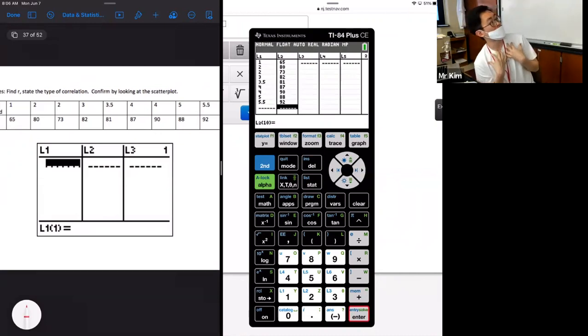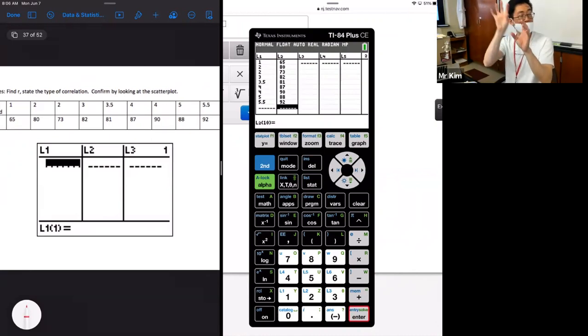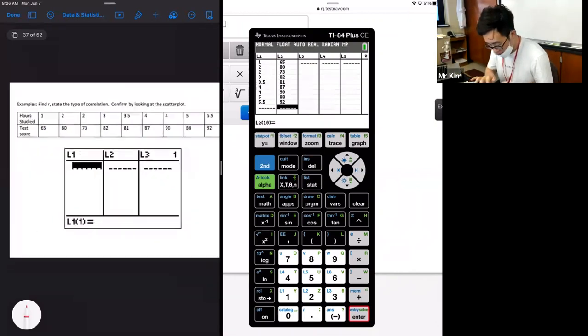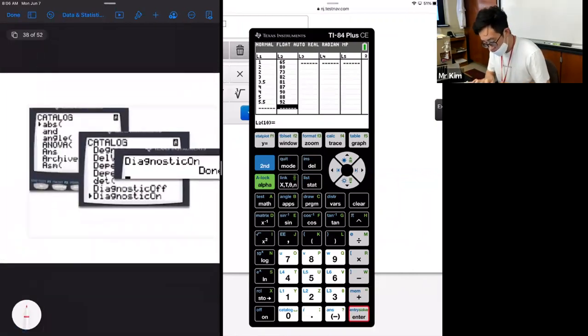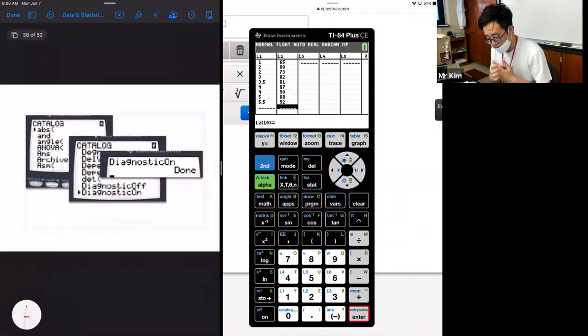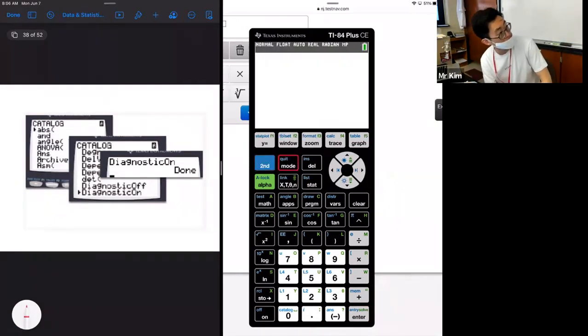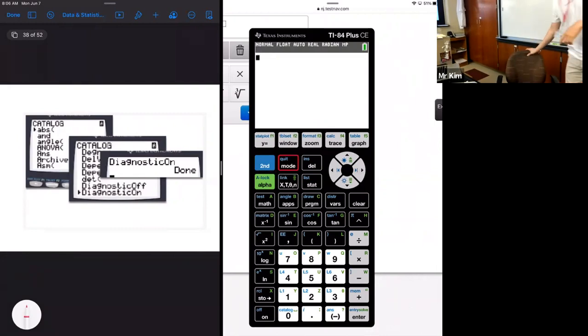Now, what we want to do is conduct a test, and I want to visually show you by something called stat plot on this y equals button. And we're going to be able to get what we call a scatter plot of all these points, okay? To actually be able to conduct a test, we need to make sure that our diagnostic test is on. The way that we do this is we all just press on the calculator second mode, and then we will be able to go back to the home screen. Okay, so second, you press second mode, which allows you to quit the applications of whatever you're working at.